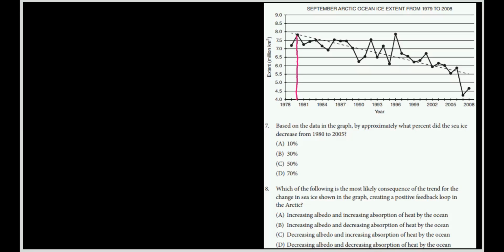Okay. And then the other one that they asked for is 2005. So I'm going to do the same thing. I'm going to draw a line all the way up to the 2005 data point. Now the 1980 data point is like, what, 7.9, and the 2005 data point is,